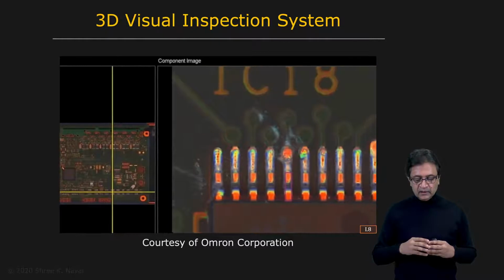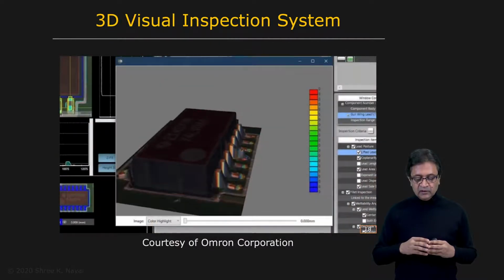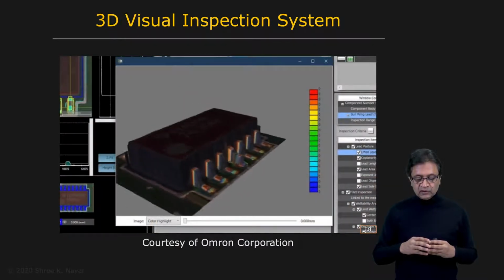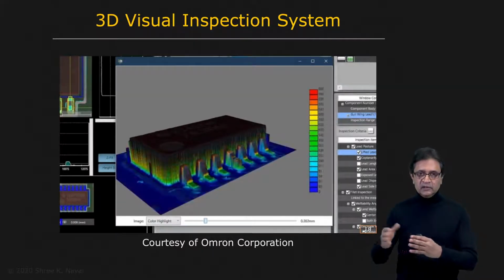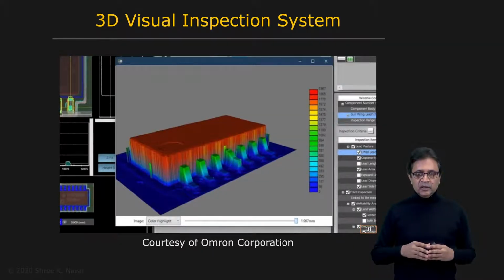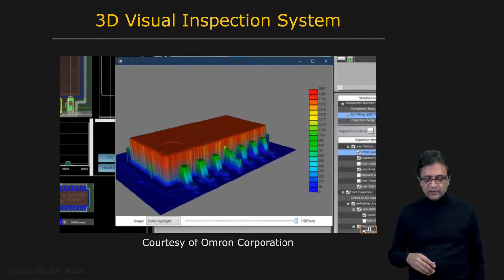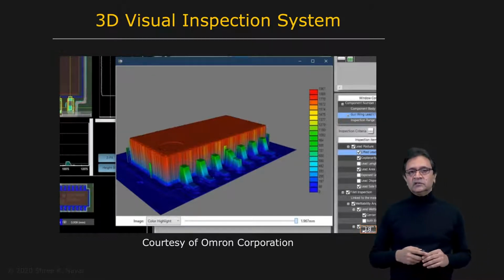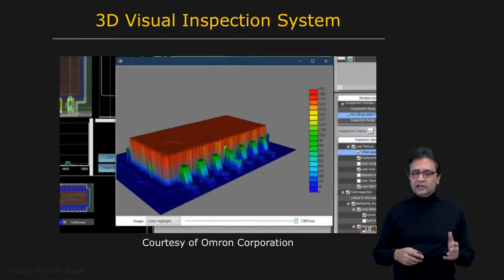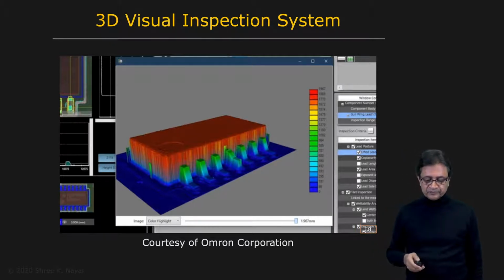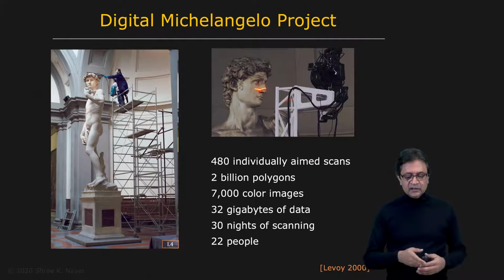And when defects are found, then this part is channeled through a different part of the assembly pipeline so that it can be further inspected. And if a part looks good, it just goes on to the next stage. So these are very sophisticated systems in terms of the lighting, in terms of image capture, but also in terms of positioning. You need to be able to very accurately position these parts while you're scanning them. And then here is another example.